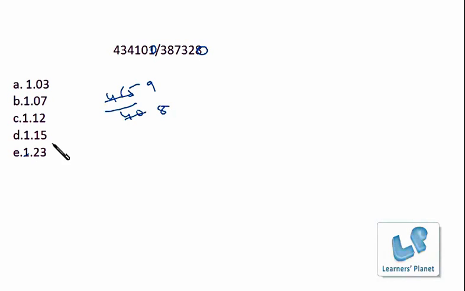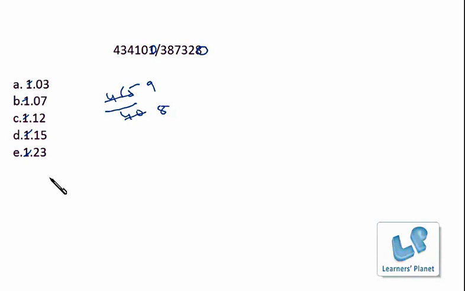Now you know the division, right? If 43,000 is divided by 38,000, definitely the numerator is greater than the denominator, so your answer will be greater than 1, right? So the first digit of the quotient will be 1 only, because the numerator is bigger than the denominator. So you got the first step as 1, which we are having in all the options, right? So now the first digit is clear to us.